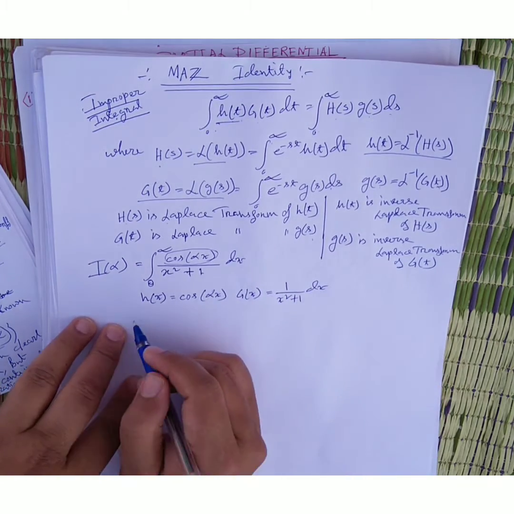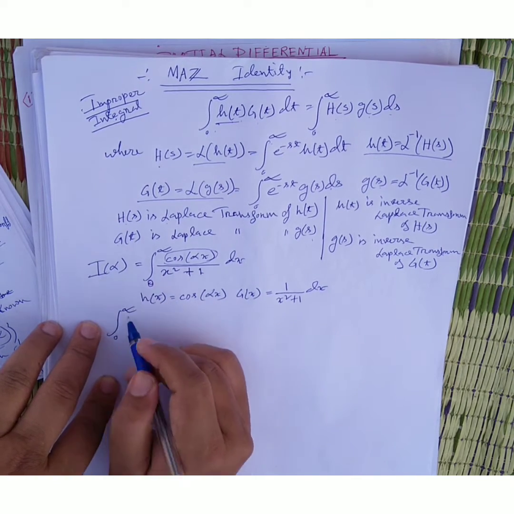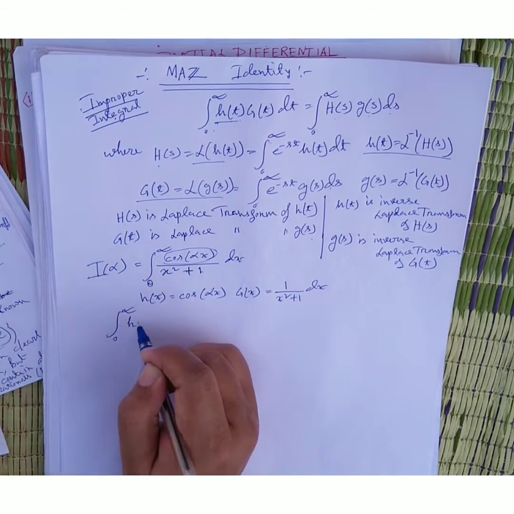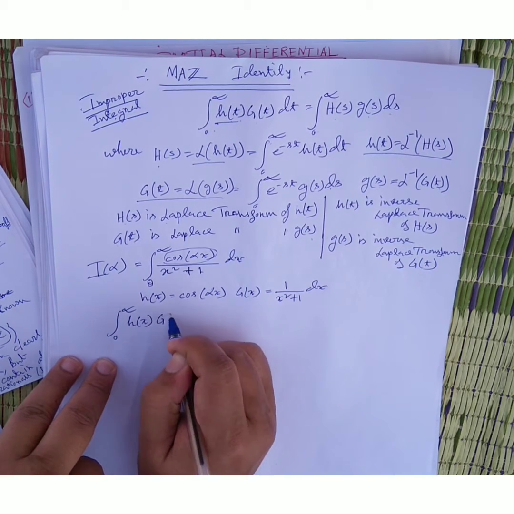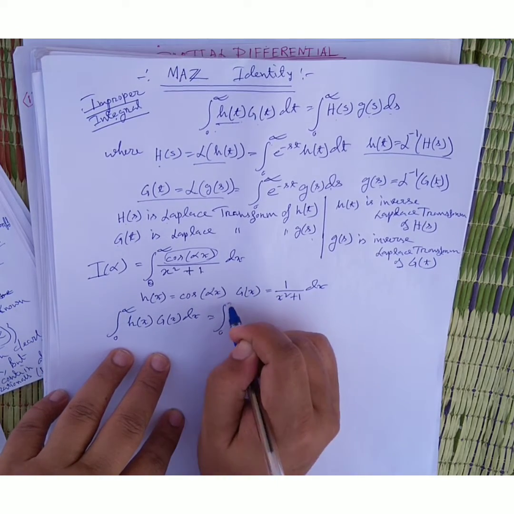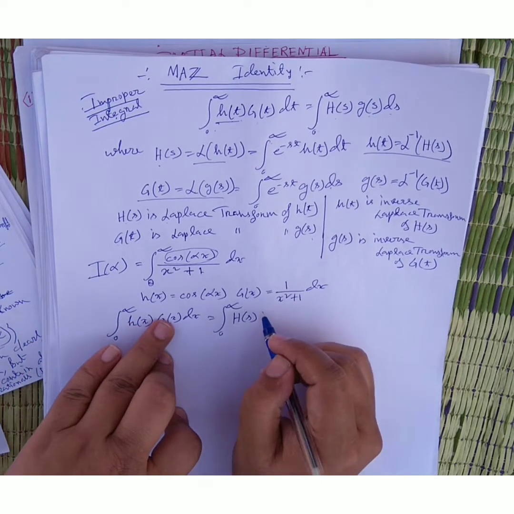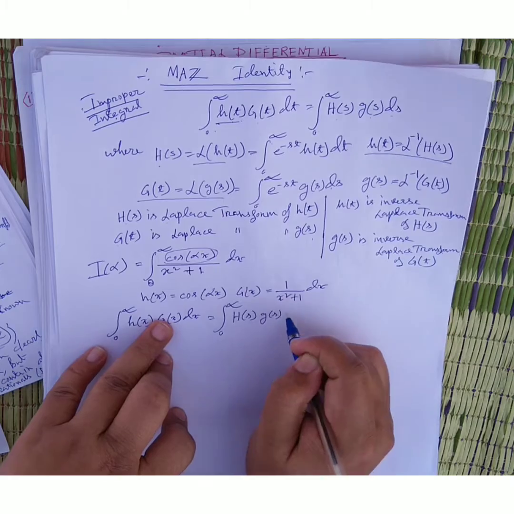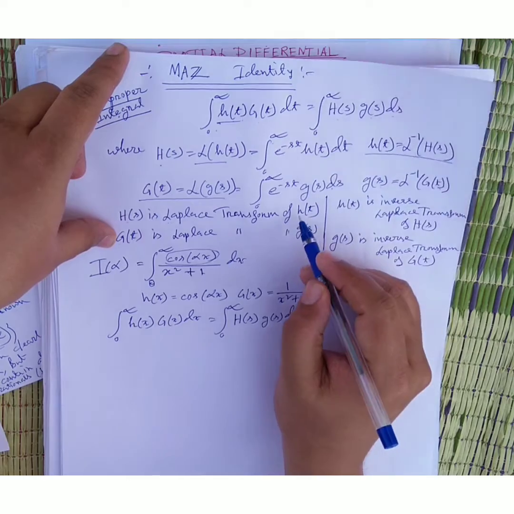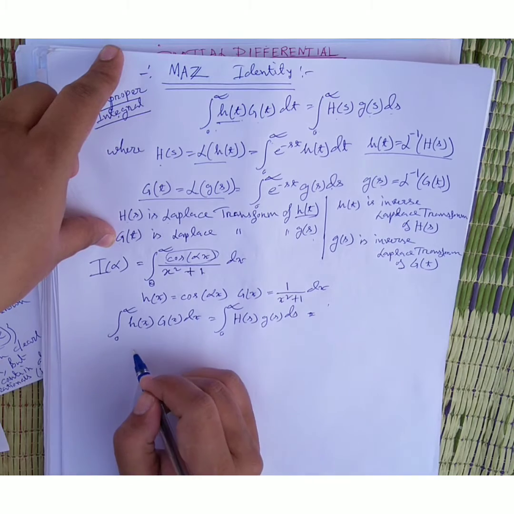Now you will see that according to the identity, the integral from 0 to infinity of h(x) G(x) dx is equal to the integral from 0 to infinity of H(s) g(s) ds. Here H(s) is the Laplace transform of h(t). So I(alpha)